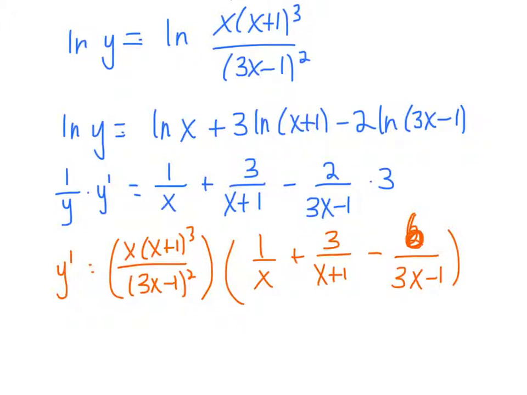Okay, this is fine. It does tell us where our derivative is undefined. It's undefined at 0, -1, and 1/3. We also know that our derivative is 0 at 0 and -1. Unfortunately, we really don't know about this part over here. When you combine these three together, you may figure out that there's another 0,